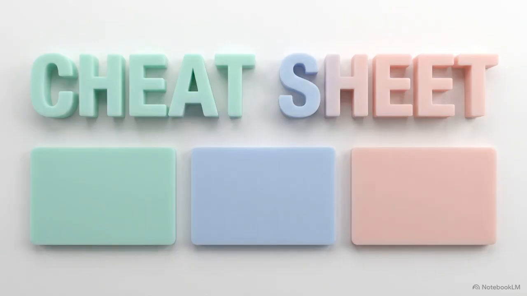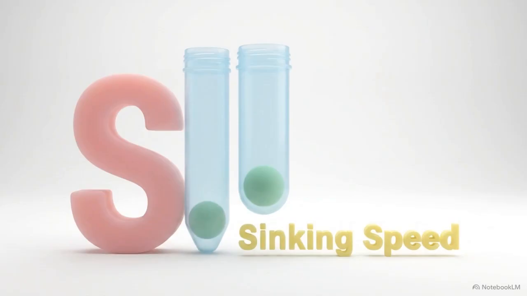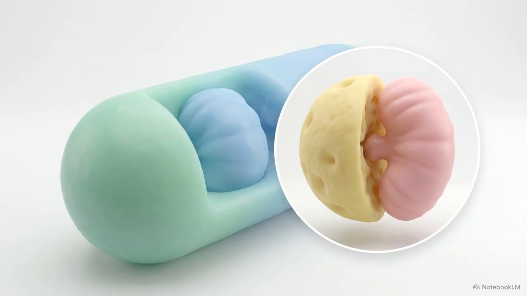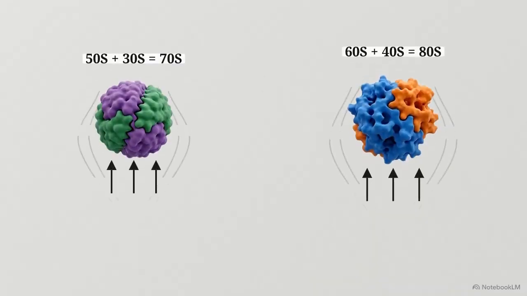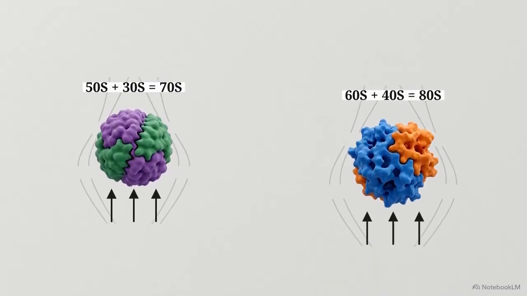Let's lock this in with a quick cheat sheet. The most critical takeaway is that the S stands for Svedberg, which measures sinking speed, not weight. This gives us the two counterintuitive equations you need to memorize. For prokaryotes, 50S plus 30S equals 70S. And for eukaryotes, 60S plus 40S equals 80S. In biological math, subunits physically cooperate, altering how their combined structure